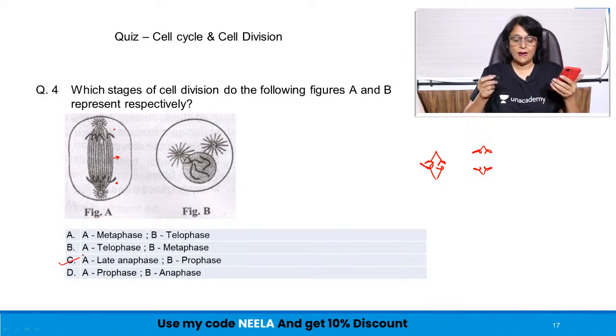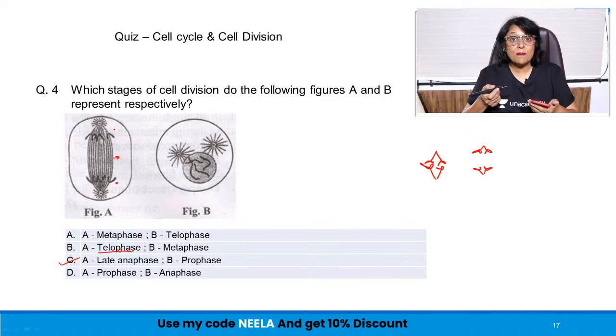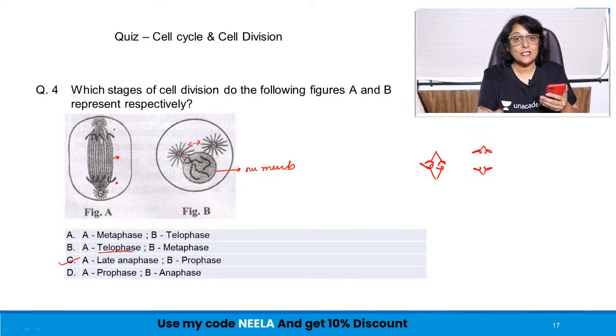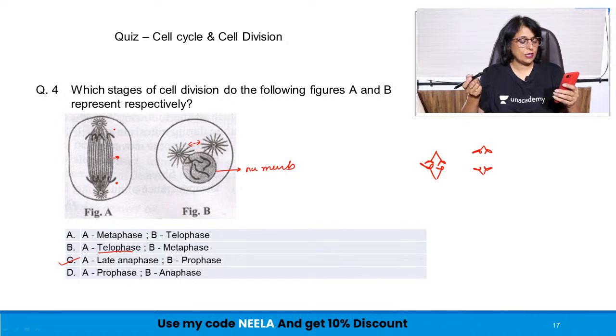It cannot be metaphase. And who gave the answer B? Sajjan. B answers in telophase, nuclear membrane reassembles. So it is the reverse of prophase. If you see the nuclear membrane reassemble, then only it can be telophase. And this is prophase because the nuclear membrane is still visible. The two centrioles which have undergone splitting in S phase are now moving to the opposite poles. All those changes happen in early prophase, because the nuclear membrane is still here. So our answer is C.